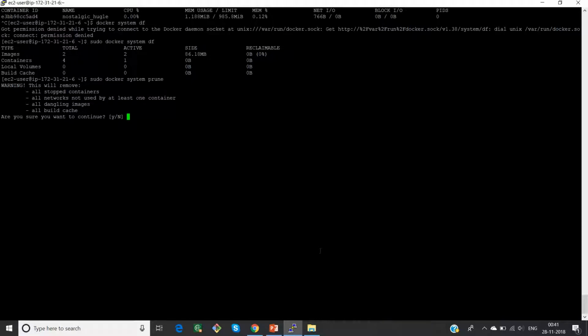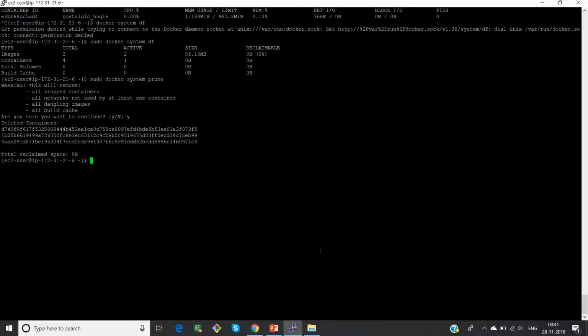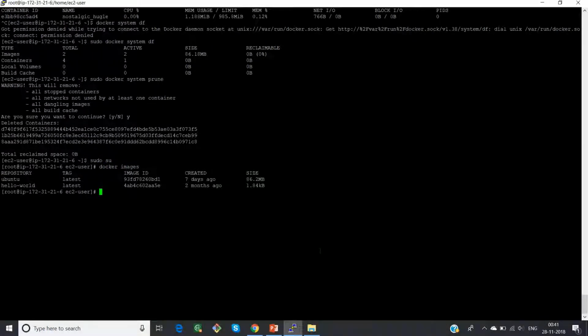Dangling images are those images which are not attached to a container. Okay. Yes. Now if you search for Docker images, okay, because these two were already in a container,